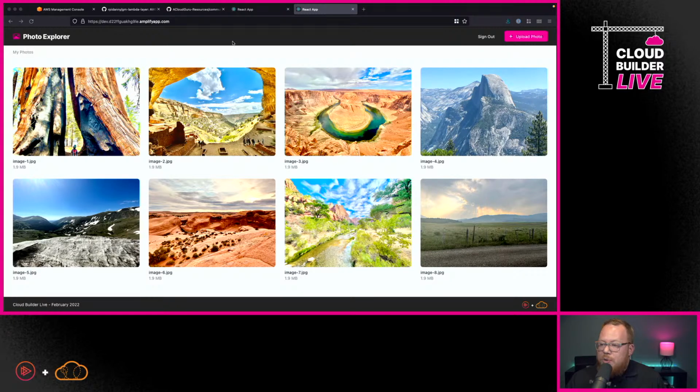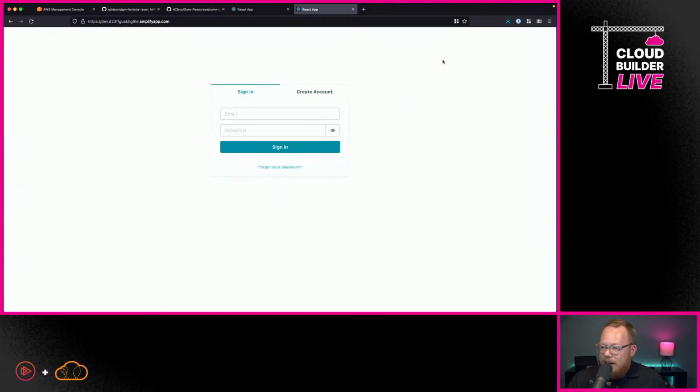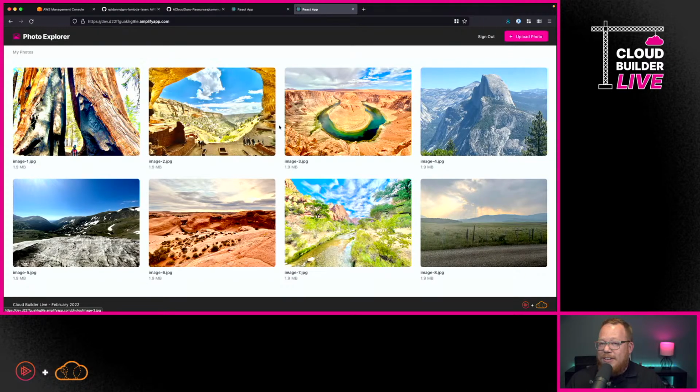Now, when we do this, you can see that we actually have a real application here that we can sign out of, and we can sign back into it. So I'm going to sign in again, just as we did before. And perfect, now we're in the application. There's still a ton left to do, though, because we still have images that aren't the actual images that a user has uploaded. So we still have some work to do, but for the moment, just limiting access into our application has worked with Amplify as expected.